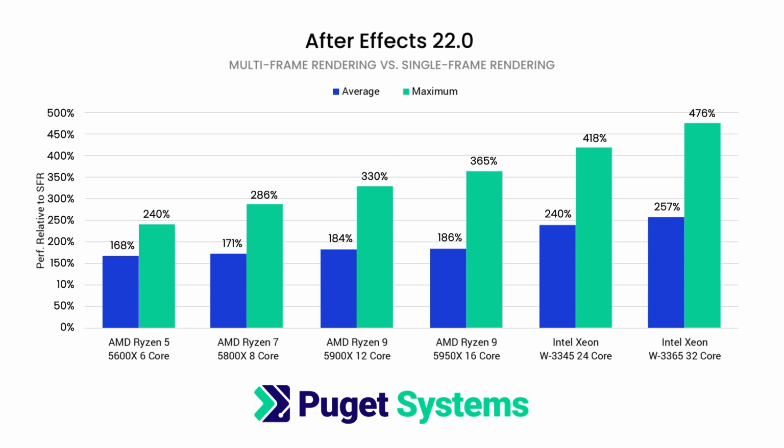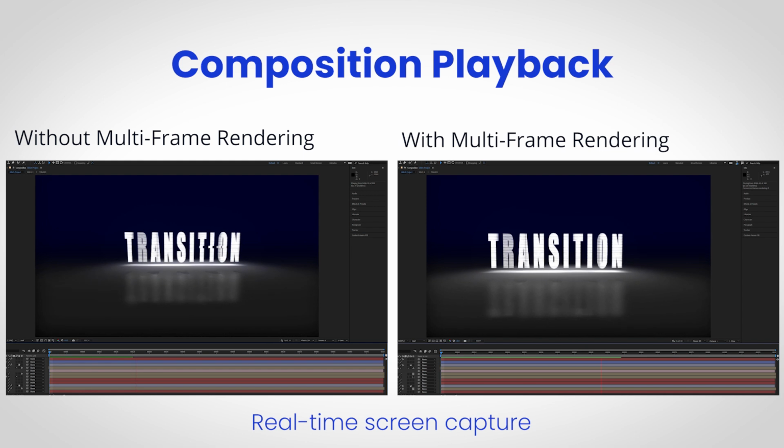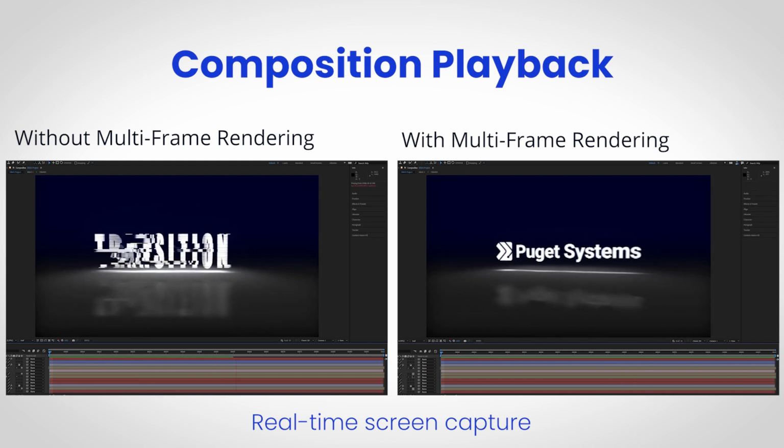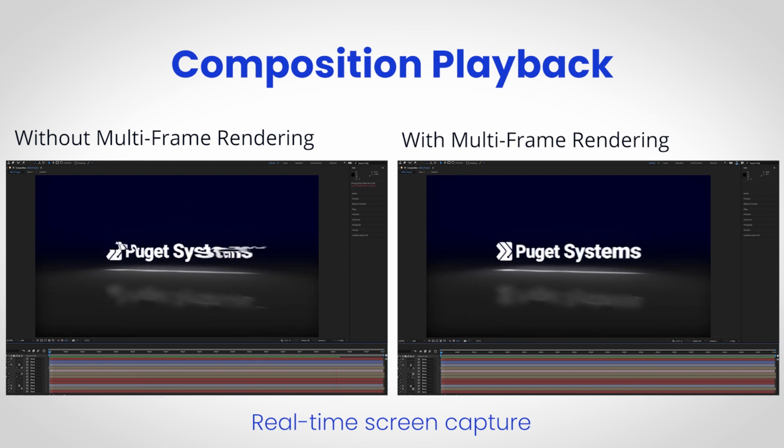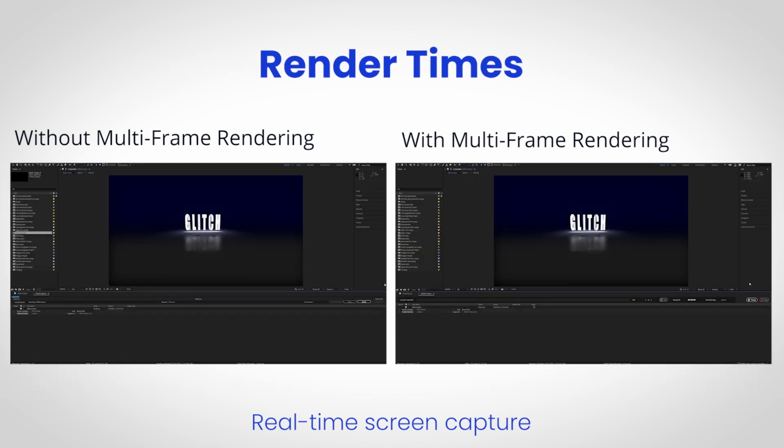CPUs with higher core counts tend to see the biggest benefit, but even a more modest CPU with just 4 to 8 cores can often see a 2 times increase in performance. And if you have a CPU with 16 or more cores, we saw a 3 or even more than 4 times increase in performance in some cases. Just imagine how much smoother your workflow can be if instead of a 10 FPS slideshow, your composition suddenly could play at a smooth 24 FPS without doing anything more than updating your software. Or how much time you could save if an hour-long render instead just took 30, or even in some cases